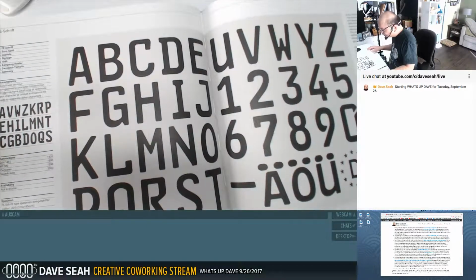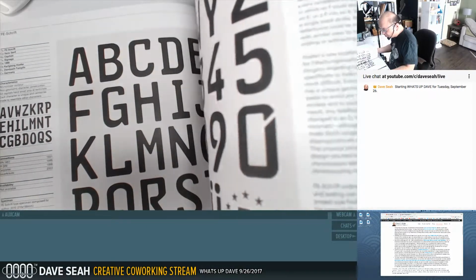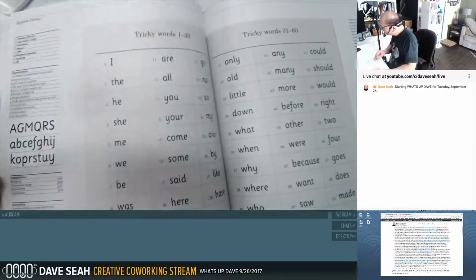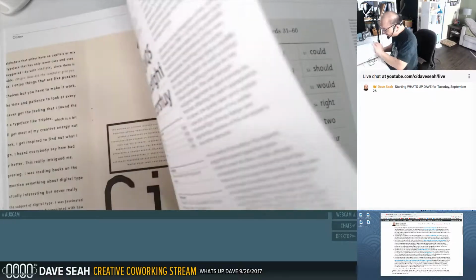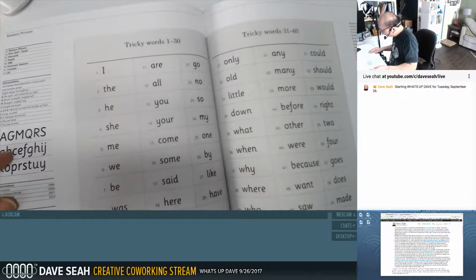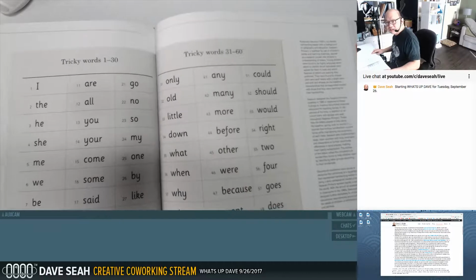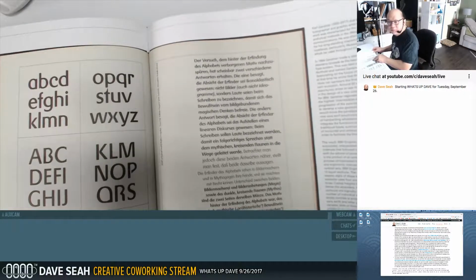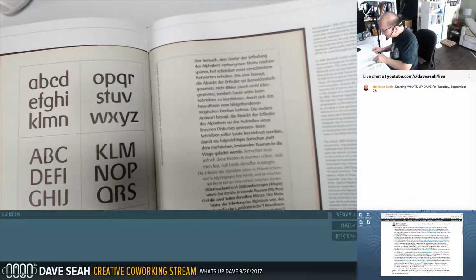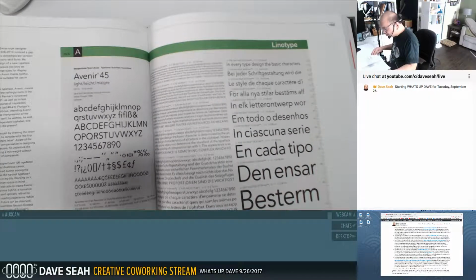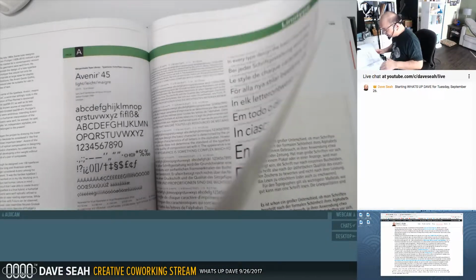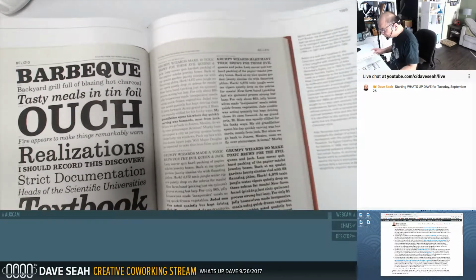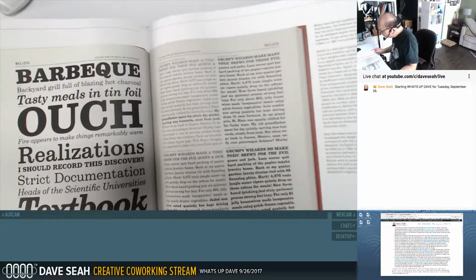1979, 1980, what is this? FE Schrift. ITC Novarese. We're 1980s now, 1986. So 1986 is about when I graduated from high school. It'll be interesting to see what kind of typefaces were in vogue then. This is Avenir. I should start recognizing some of these fonts as just being available in the typography word processors I had. This is nice.